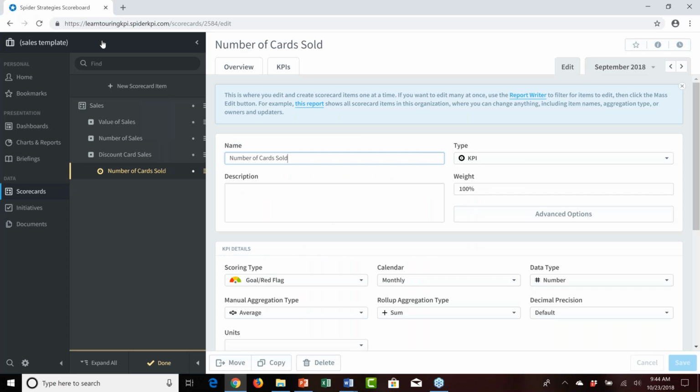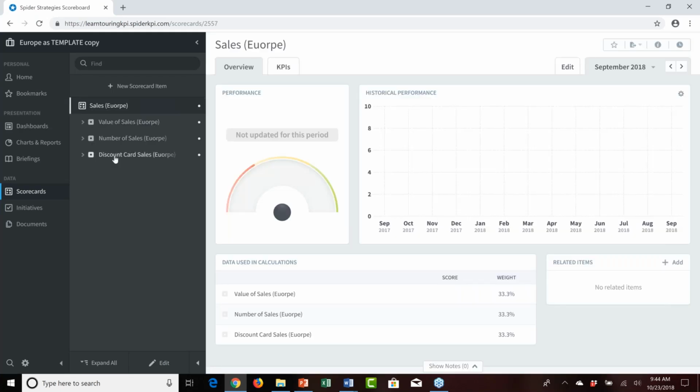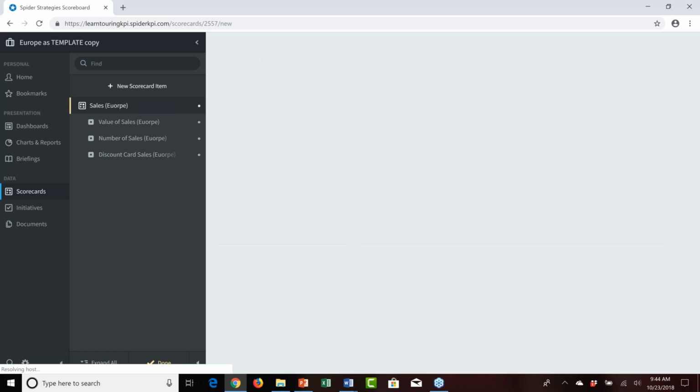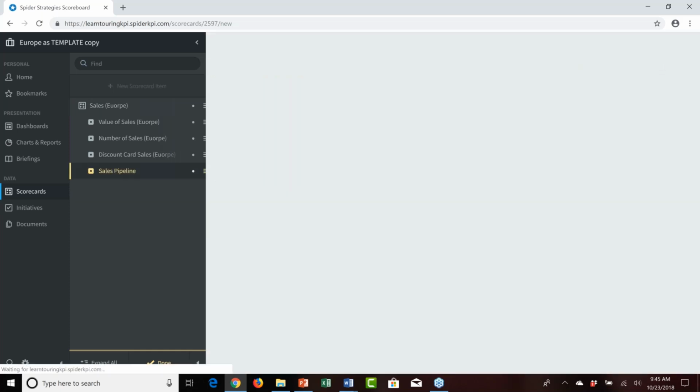and use it to show you that, within Europe, if we would like to expand our sales scorecard to include a new generic item, like we'll go with the example of sales pipeline, I can easily create sales pipeline as a new generic item. And then within the sales pipeline, I can add some new KPIs. In this case, I'll just set them up